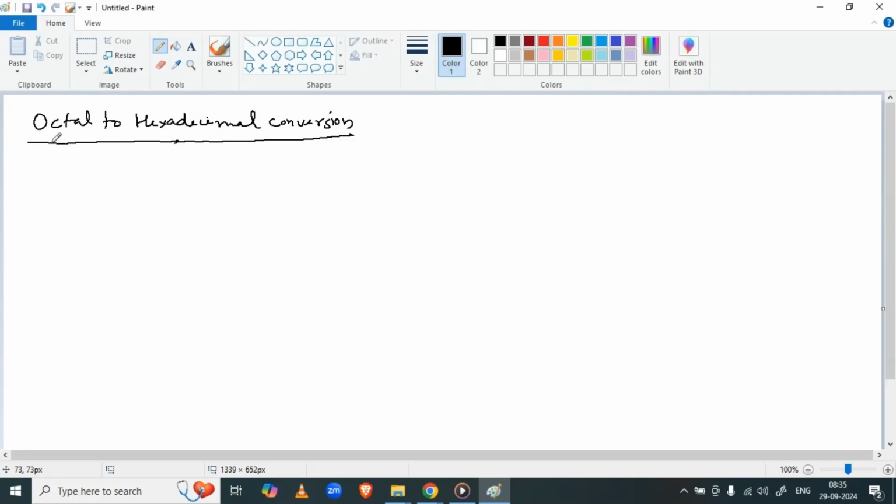We have to convert this octal number to a hexadecimal number. Firstly, we will draw the table of hexadecimal numbers and their binary equivalents. Hexadecimal numbers are from 0 to 9